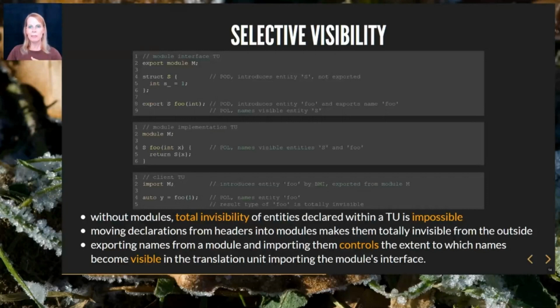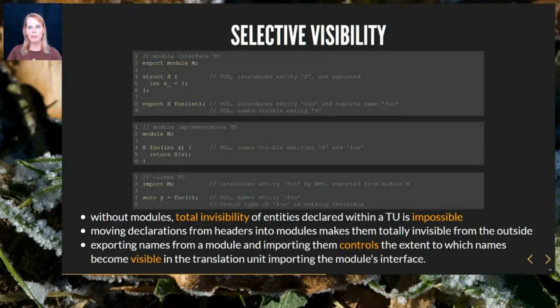By importing the BMI, these names are introduced into the translation unit as if they were introduced by compiling the declarations themselves. Marking an entity in the primary module interface as exported, the names of only those exported entities can be introduced into TUs outside of the module.